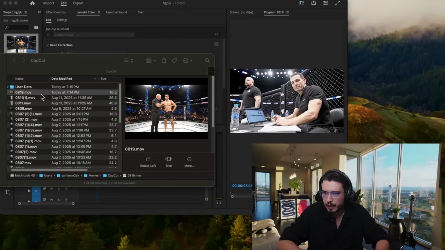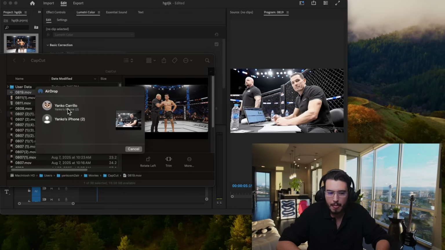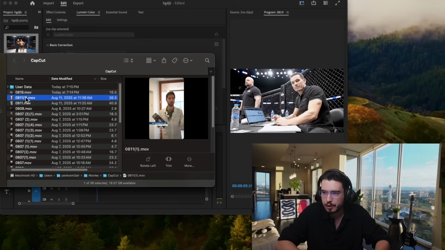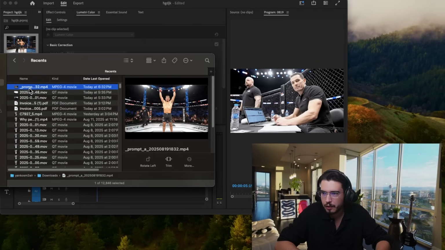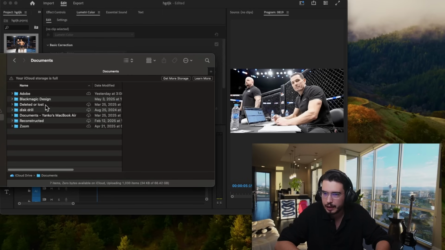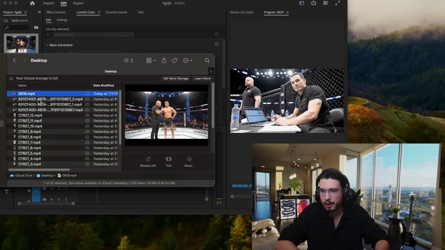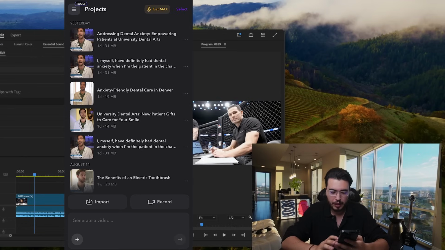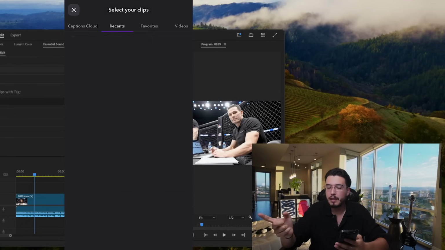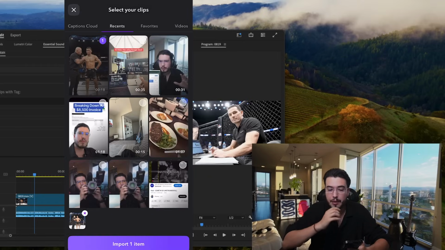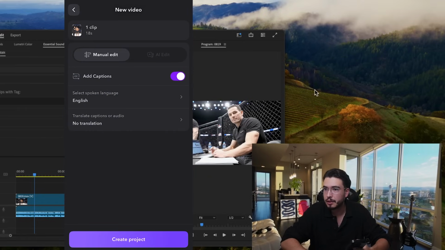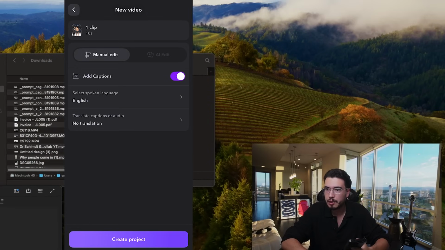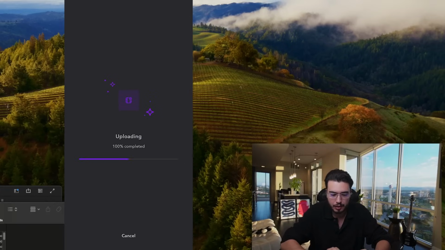Okay, for this final step, I am going to airdrop both of these versions to my phone. And on my phone, I'm going to do the final versions just because I like to use an app called Captions for my phone. I think it has the best AI to create captions. So that's why I use it. Okay, so now let's go into my phone. I've airdropped this video to my phone, and I'm going to use the app called Captions to basically add captions to this video.